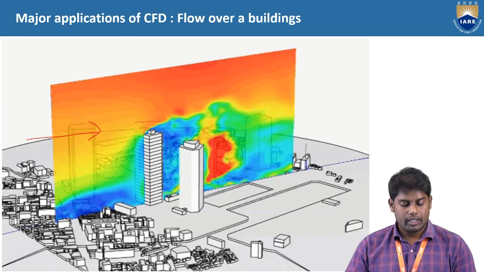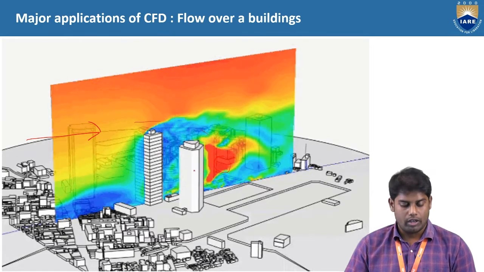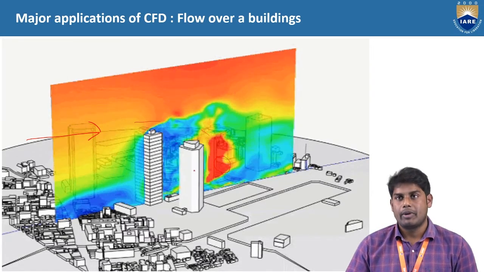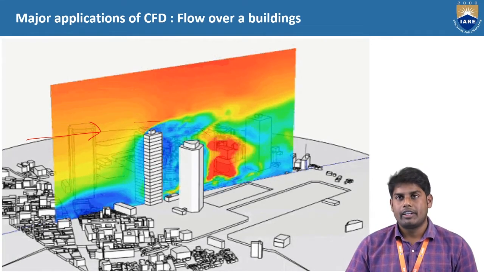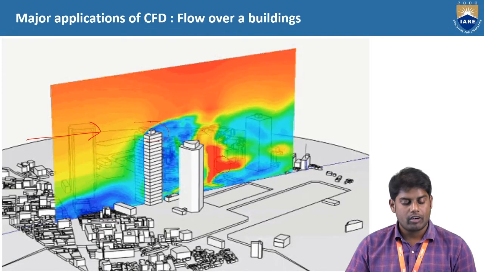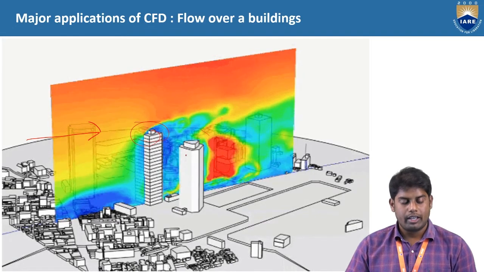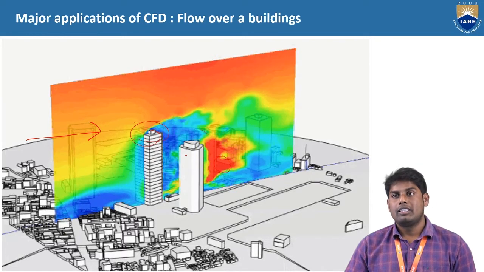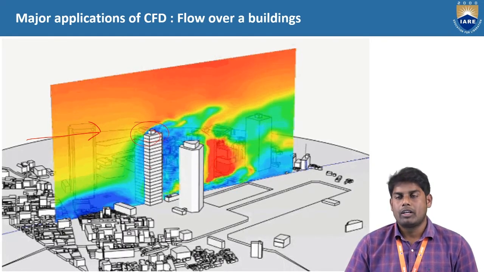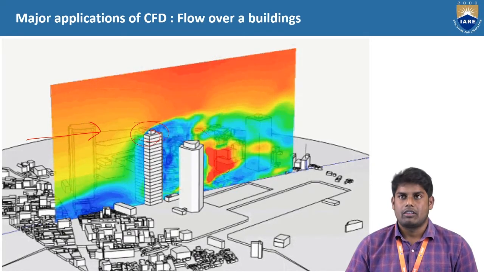In buildings we have some colonies, so how the ventilation is happening in the cities, how the flow ventilation is happening among these buildings, and what the effect of this wind on the buildings is, that is also estimated. And this is called urban visualization. Okay,